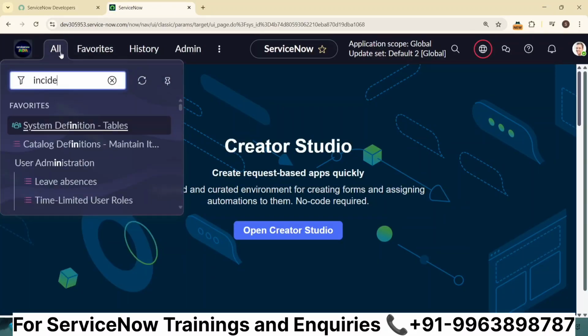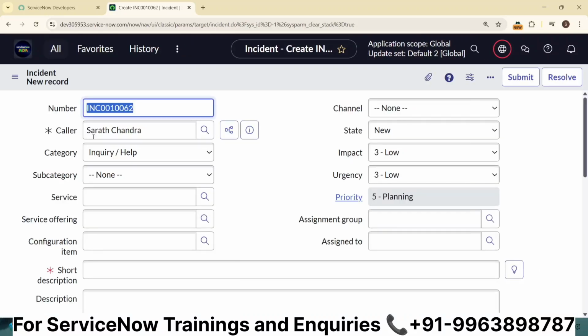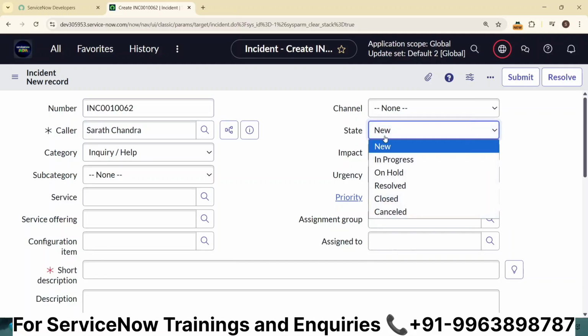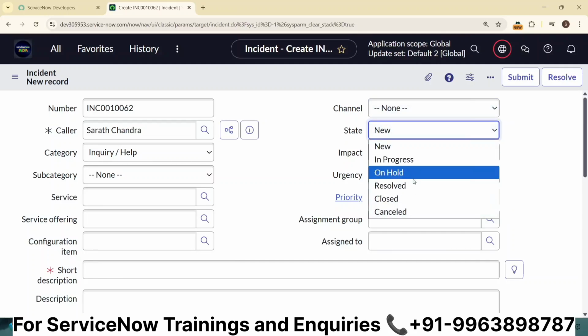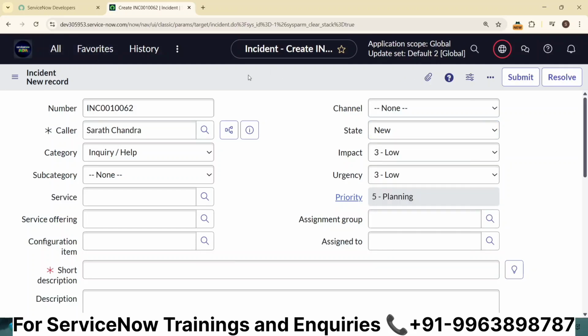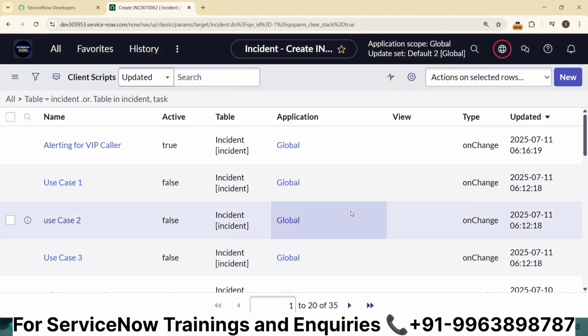Like incident dot do. If the state value is new, then I don't want any other options to be displayed. Okay, then you can go for any alternative. Like if the state value is new, then I don't want these options to be displayed in the state column. Okay, further, right click on the column header, go for configure, go for client scripts, and you can create